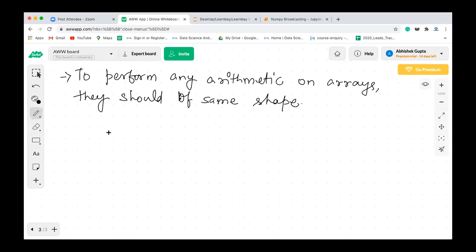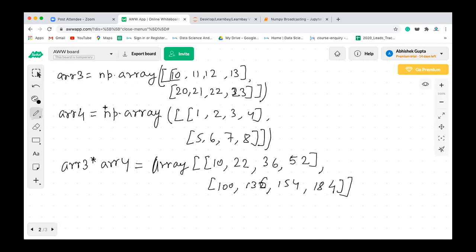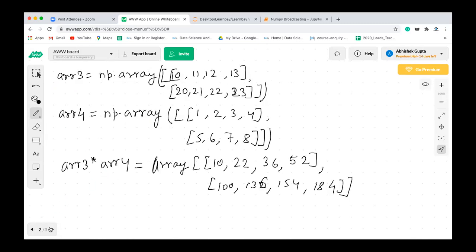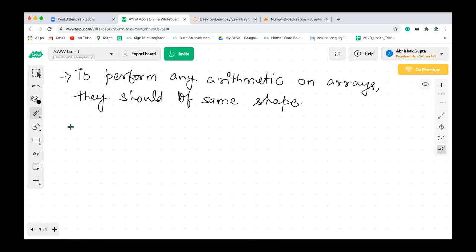We have seen array 3, correct? So let's select array 3. So this is array 3. Let's say we have an array 3. We have taken 10, 11, 12, 13, right?